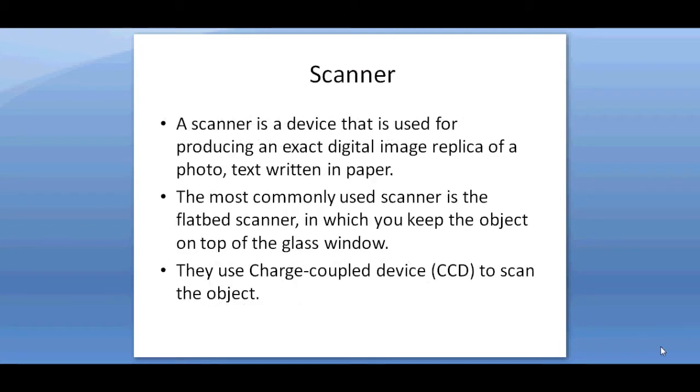Third input device is the scanner. A scanner is an input device which works more like a photocopy machine. It is used when some information is available on paper and it is to be transferred to the hard disk of the computer for further manipulation. A scanner captures images from the source, which are then converted into a digital form that can be stored on the disk. These images can be edited before they are printed.